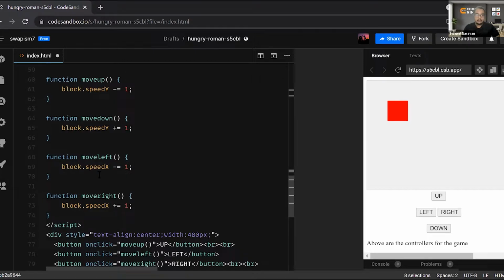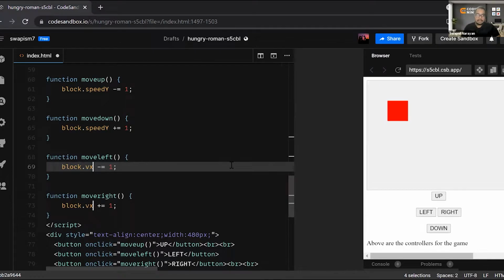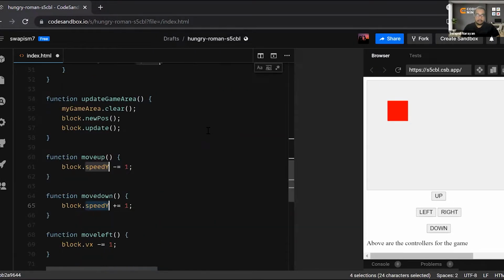Speed x, you want vx, so you can make it vx. Speed y, you want vy, you can make it vy. Fine.